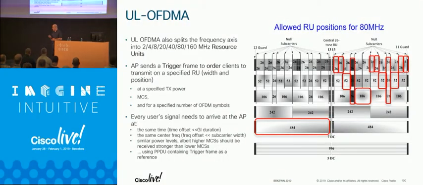All right, OFDMA, the allowed RU positions for 80 megahertz. This is uplink. Now, uplink gets a little more complicated because with downlink, I'm putting together one packet from one radio, right? I've assigned you an RU56. I've sent you an RU56. You're to send me back an RU56, and we've agreed to your offset. We've agreed to which iteration, which packet interval you're going to be on. I've got you timed out, right? And you and 12 other clients are going to send at the same time just your portion of that frame. So you're going to hit me with a header, but you're going to give me just the portion of that frame. That does 2 things.